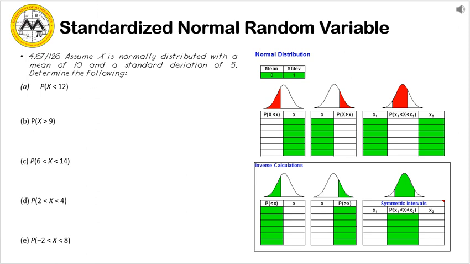For the first one, that would be equal to the probability that the random variable z is less than 12 minus 10 over 5. So that would be the probability that the random variable z is less than 2 over 5, which is 0.4. So for a phi of 0.4,